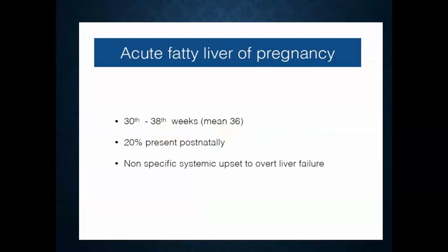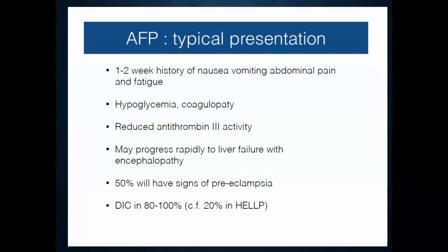20% present postnatally. Usually the woman has a non-specific systemic upset to overt liver failure. Either she has mild symptoms from dyspnea, malaise, generalized ill health, nausea, vomiting, to a severe condition as it progresses, causing liver failure. The typical presentation, the woman will have a 1 to 2 week history of nausea, vomiting, abdominal pain, and fatigue,